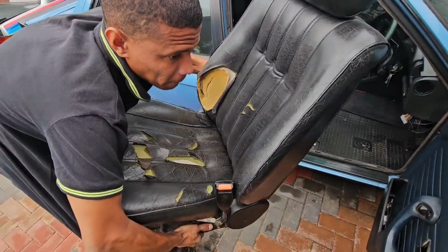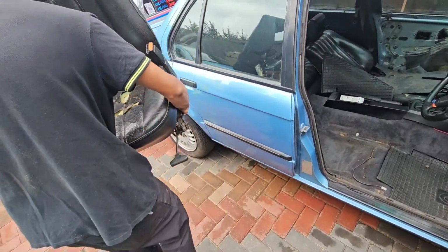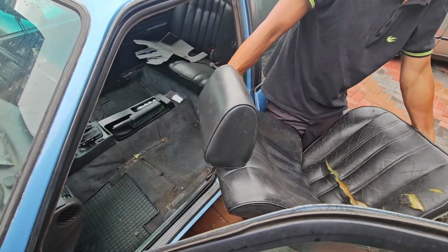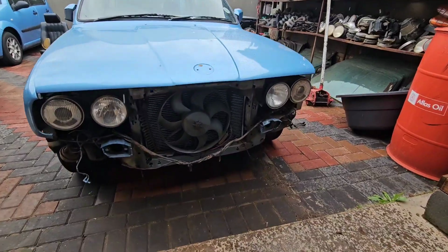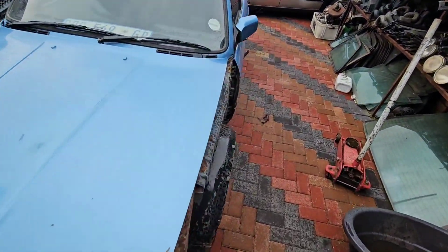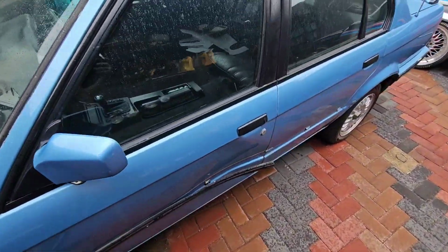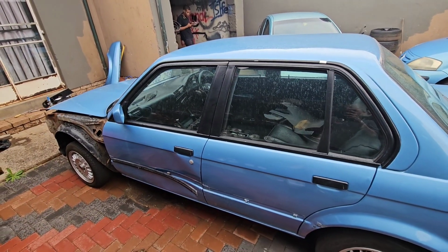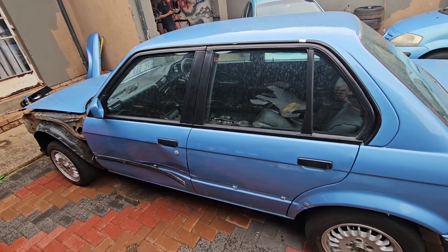I'll put a seat there, that side. This is the car stripped down now. All the things that we don't want on. And then next thing is gonna be this door. It's just started raining now, so it's not gonna be the best idea to change it now, but